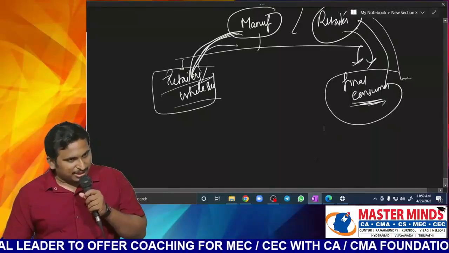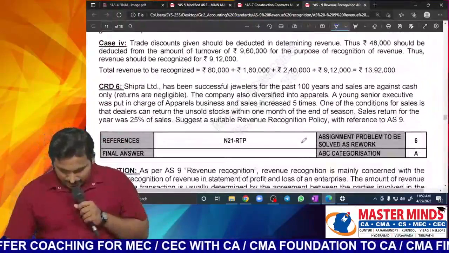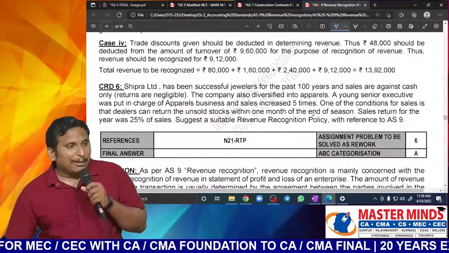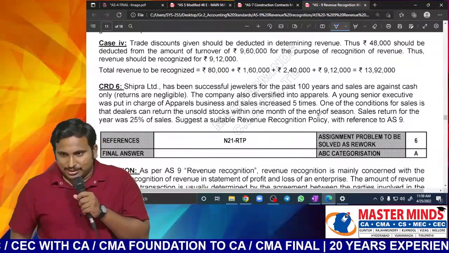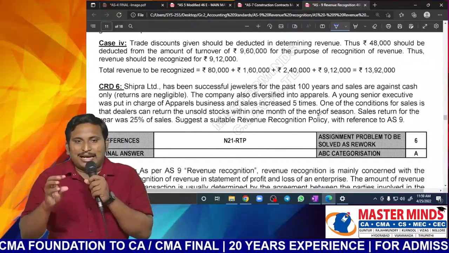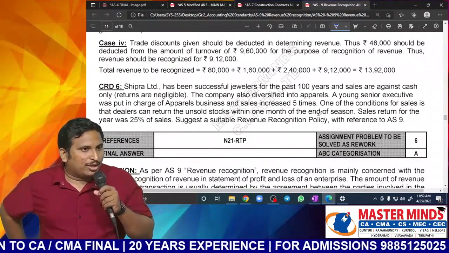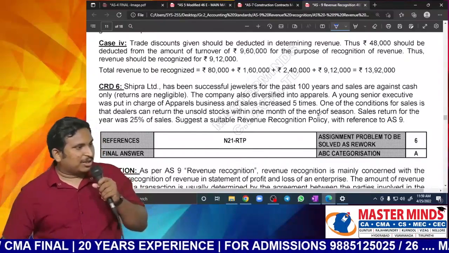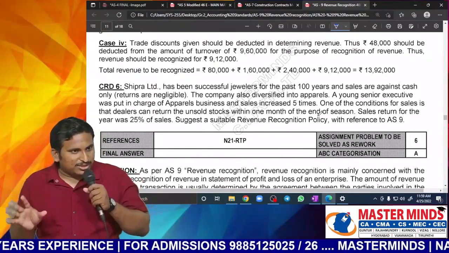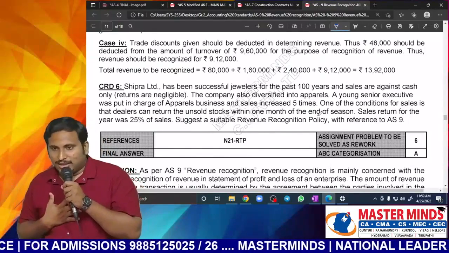Services. And one more point. Usually many people will feel this question is also difficult. Not everything I'll discuss, sir. One point only. Please observe carefully. Sir, sometimes the sales may happen like this. We'll give our agent or any intermediary some period, a right to return. Maybe whenever you go to a shop for purchasing any apparel, dress or clothing, they say, sir, take this dress. Now, if you feel it is losing its color or not working properly, bring it back within 2 weeks or 3 weeks. I will take the return.